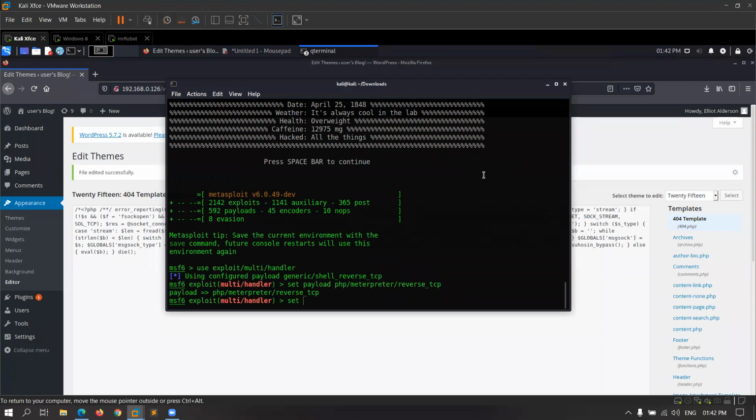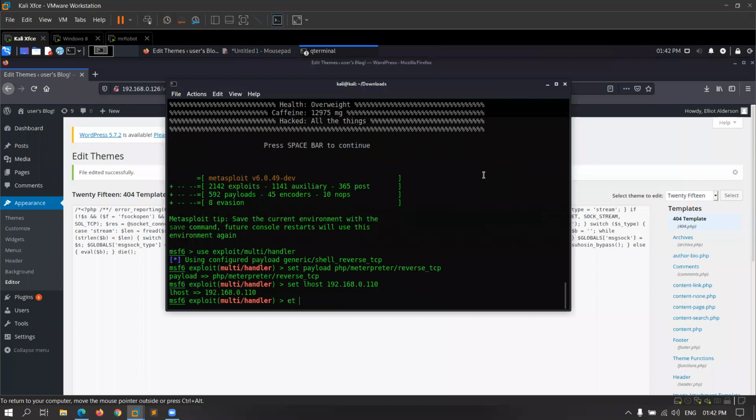Now I have to set LHOST, and my LHOST was localhost, my IP. Set LPORT, all the steps that were used while creating a payload.